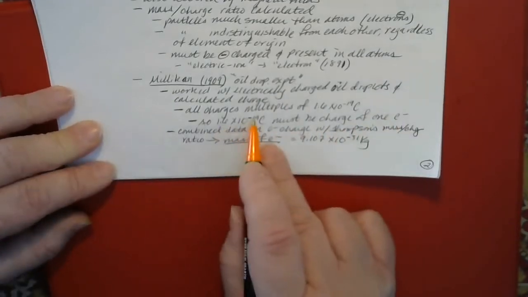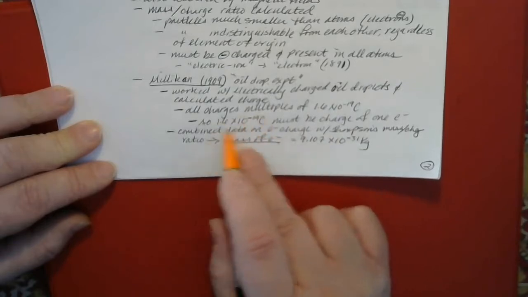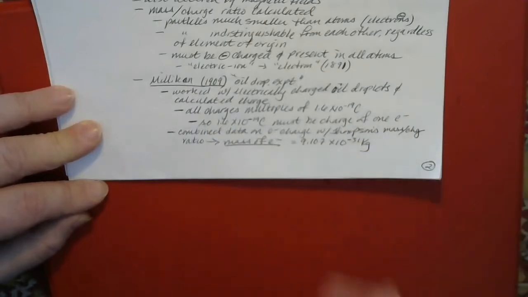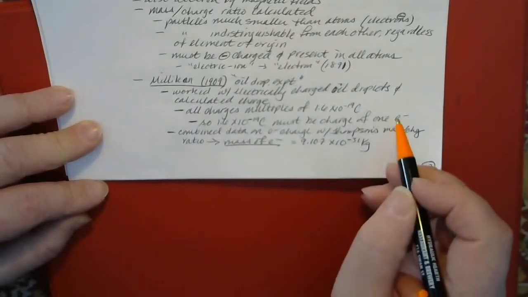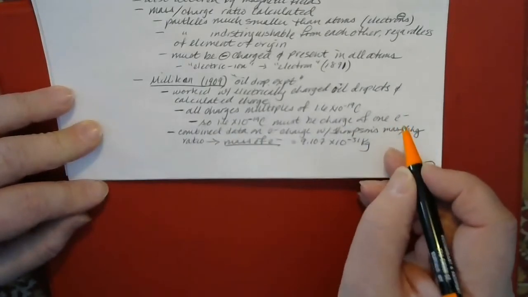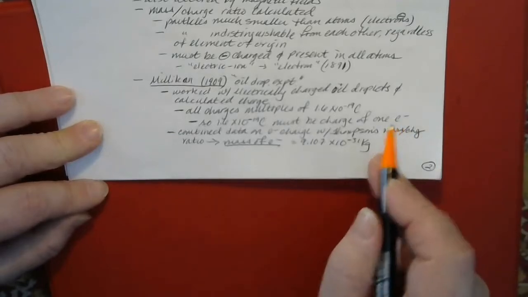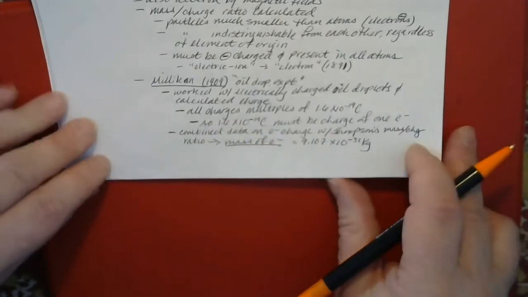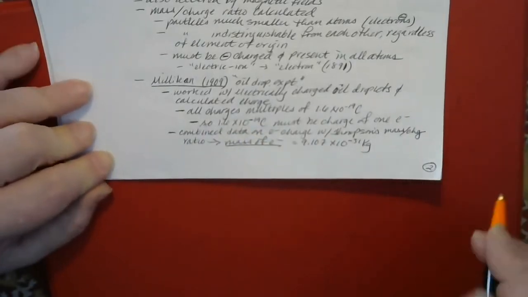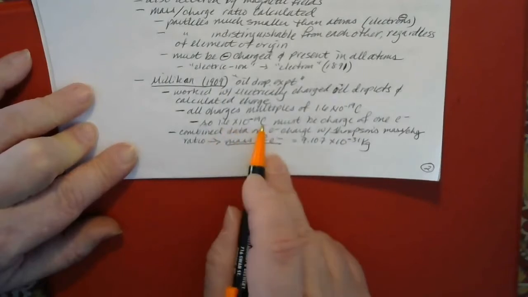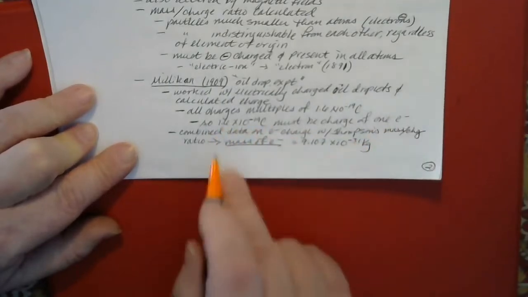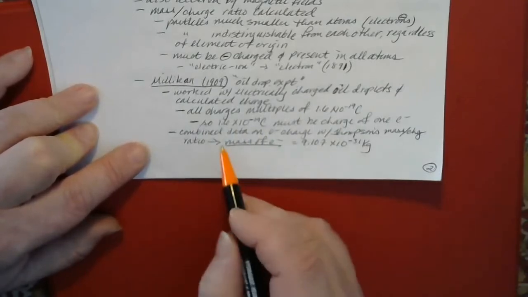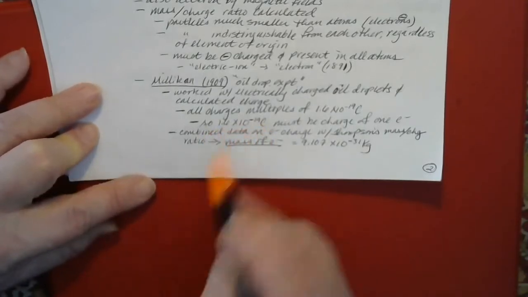What we've done today is we've taken that 1.6 times 10 to the minus 19 and called that 1. That is 1 unit of charge. So the charge on an electron would normally be referred to as -1 because it's a negative charge and it's 1 multiple of this. Also, once the proton was discovered, it was found that the proton had the same charge, only opposite in sign from the electron. So the charge on a proton is called +1, or in other words, positive and 1 multiple of this.